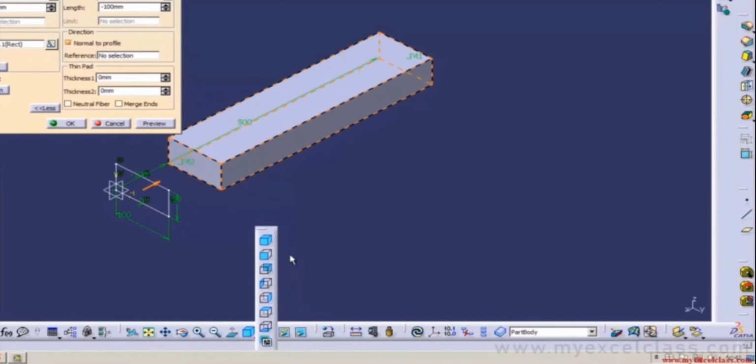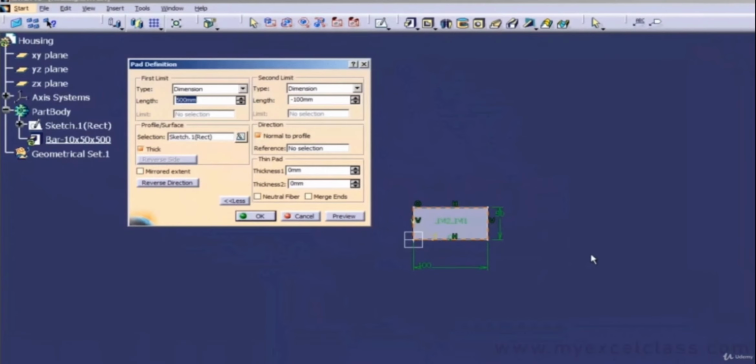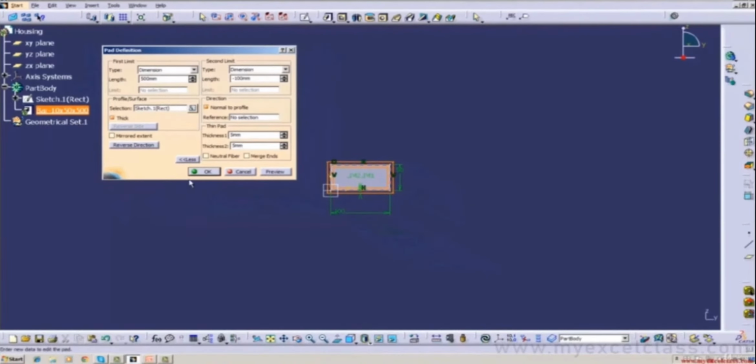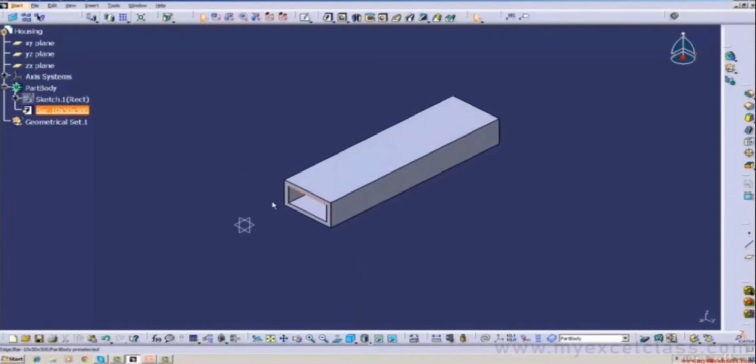So I'm going to take the front view. Here we can see the thickness which we are going to alter. I have given thickness 2 as 5 mm and the other, thickness 1, also as 5 mm. Let's see what will happen. Here you can see the thickness I have given. From the original dimension it will be 5 mm greater because I have given thickness 1 as 5 mm. You can see the hollow pipe-like structure.